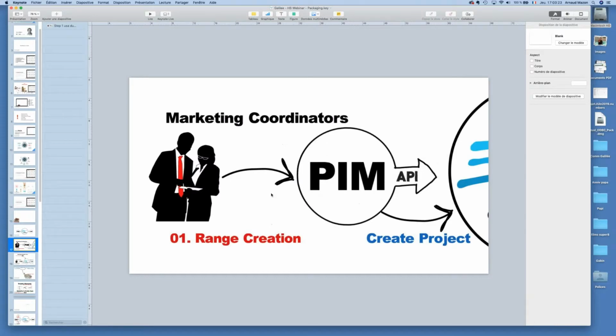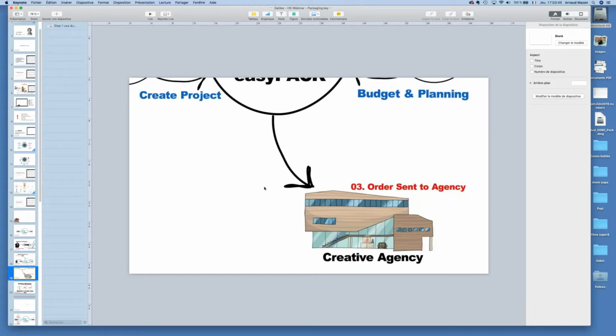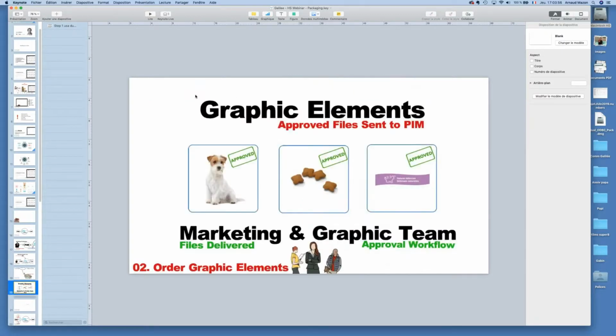And especially related to, at this time, the fact that it will involve the marketing coordinator to, after that, take care of what the marketing and graphic team will generate as an order in order to see their external creative agency produce all that is expected in terms of creation to serve their packaging production, which will arrive at the results: all these separate elements, each of which has to be